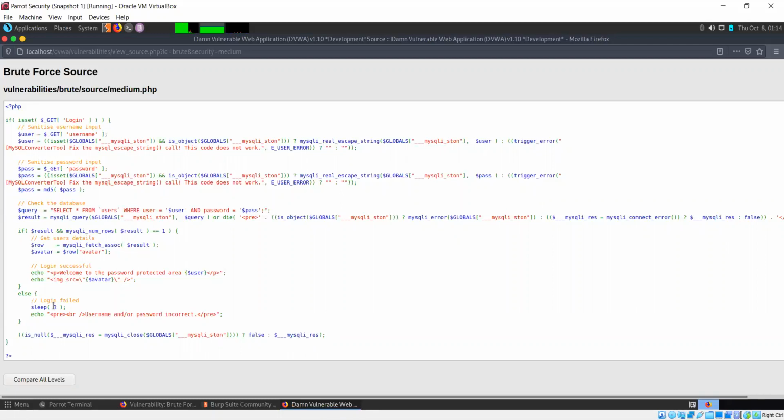Now this is a mechanism that is used to deter attackers from trying these kinds of attacks on a website. Think of this in a realistic attacking scenario: your word list won't be as small as the one that we're using right now. Most probably you may not even know the username, so you will be trying to crack both things, and your word list in that case would be huge.